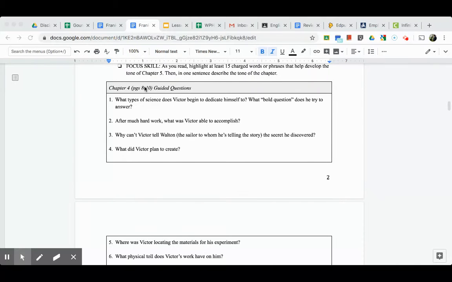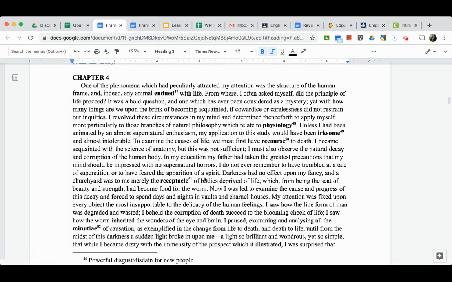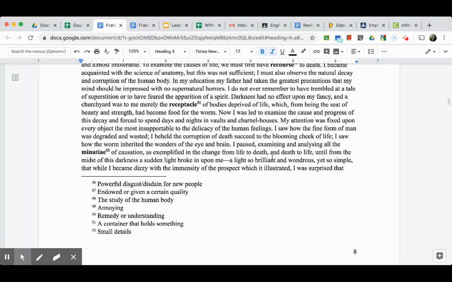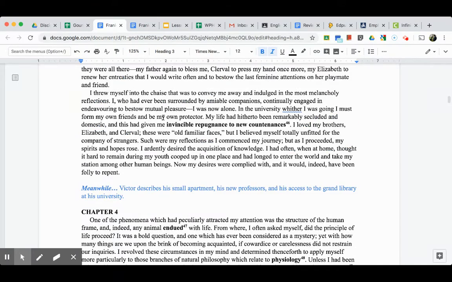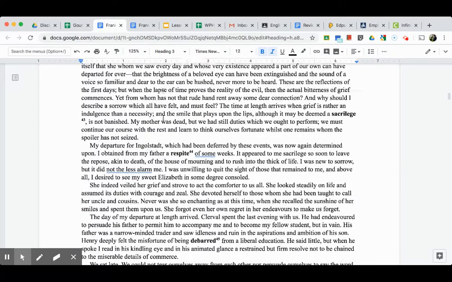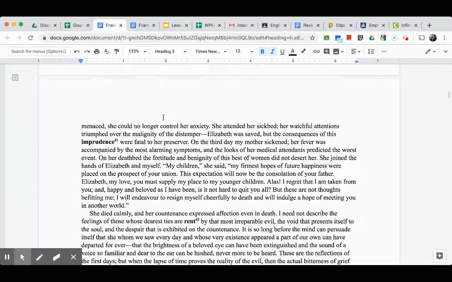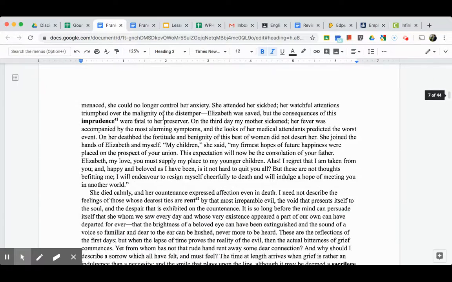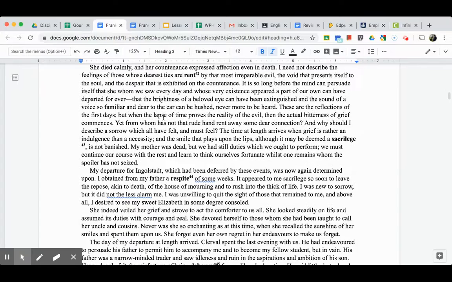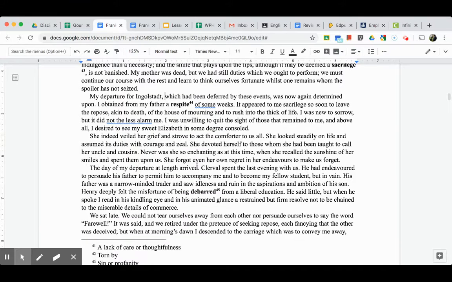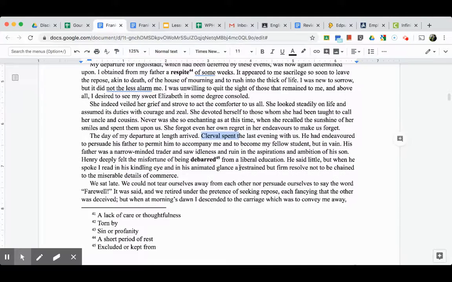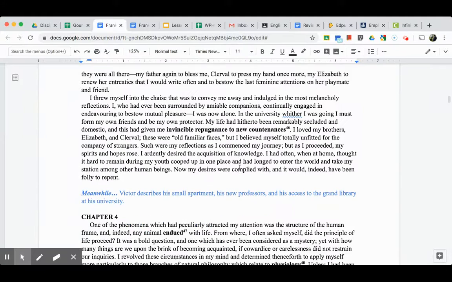So chapter 4 is pages 8 and 10 in your Frankenstein document. So over here in my Frankenstein document, I'm on page 8, and I'm going to start reading. So chapter 4, just to catch up with chapter 3, Victor's mother had passed away from taking care of Elizabeth, who was sick, and he was about to leave to Germany, Ingolstadt, I believe is the city, for college. And he pushed that off for a few weeks, but his father told him, sitting here is not going to help you. So he decided to leave. His best friend Henry was not able to go with him. So he's going on his own.